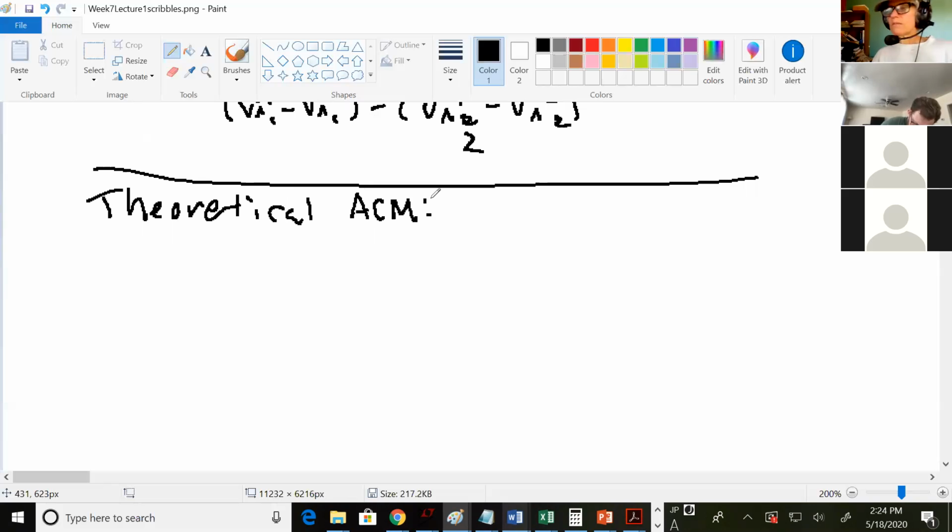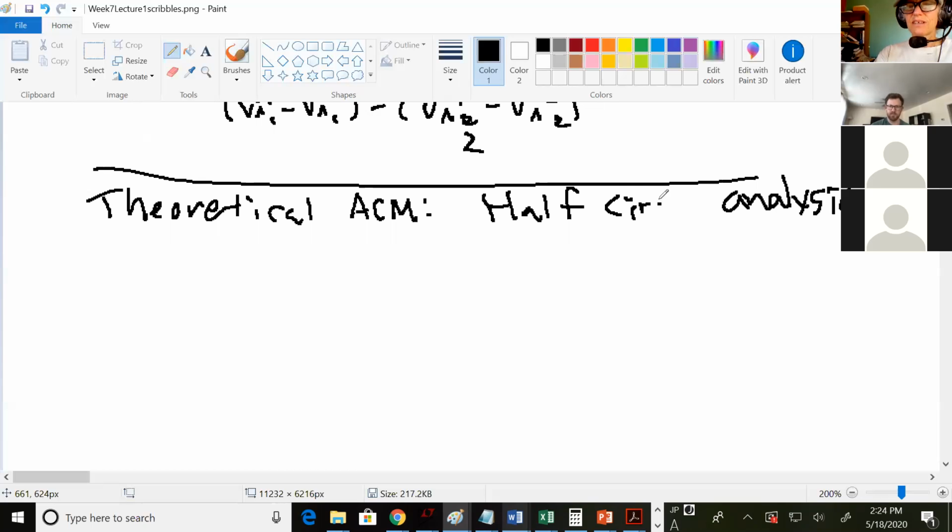Okay, again, do you remember the technique we used to find ADM, the theoretical ADM? Half circuit analysis. It does sound like a C, but you're chopping the circuit in half, so it's called half circuit analysis. So for the differential mode for ADM, because the inputs move equal and opposite, we could call